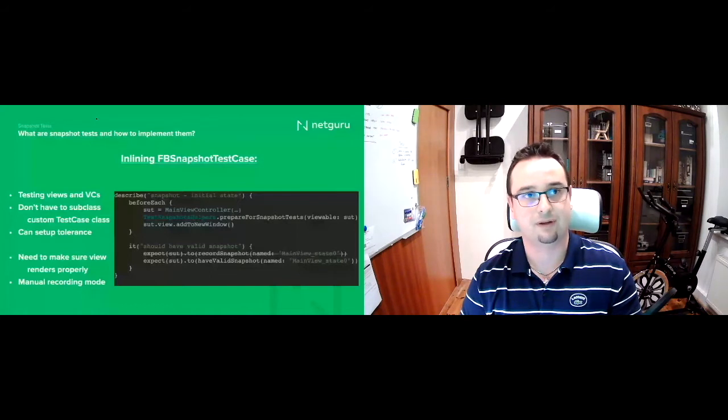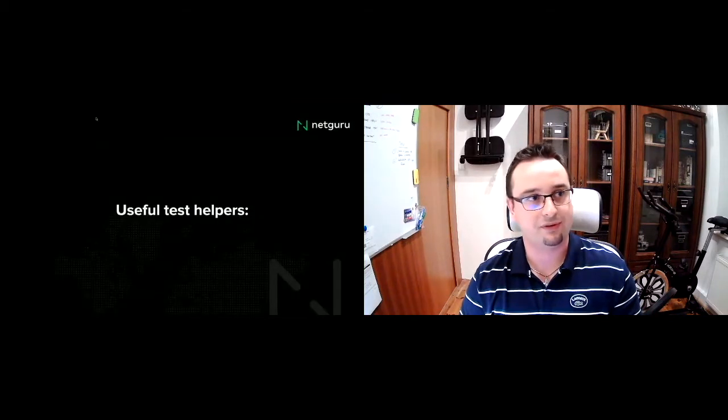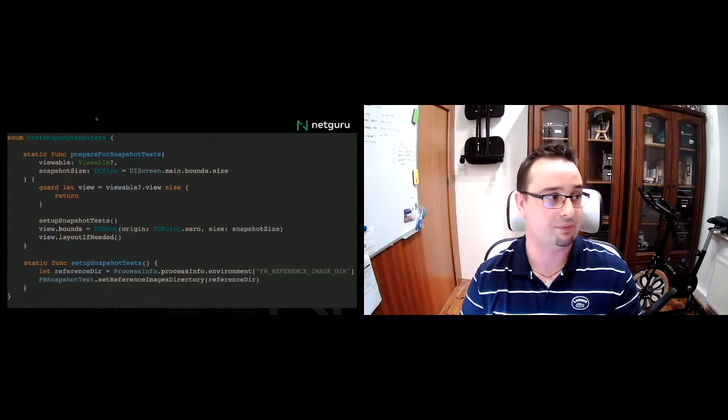So in this case, the example from Quick Framework and BDD tests, you have to basically replace one matcher with the other to make a snapshot and then to compare it, which if you have hundreds of them in your suite, is a bit of a nuisance, honestly. So if you want to go this way, I would suggest preparing certain helpers to ease the way out. Least of all, make sure the view has proper bounds and is properly laid out, and make sure the library has a proper reference to